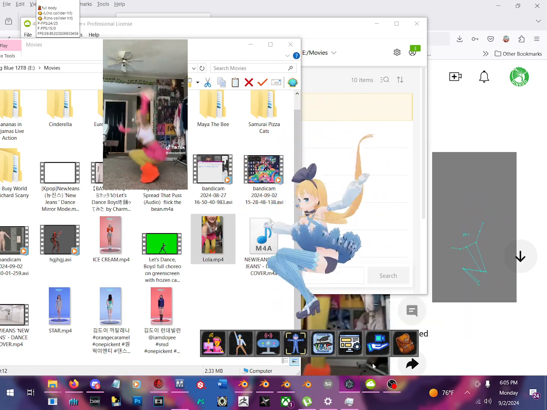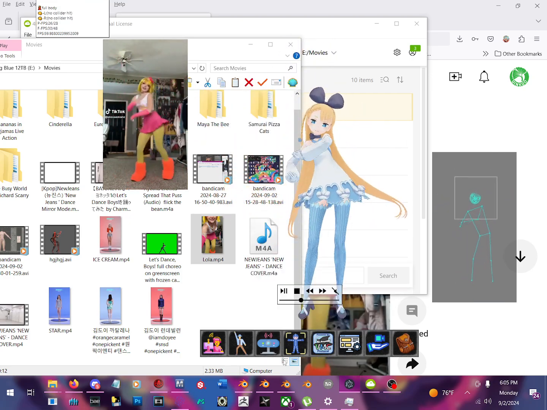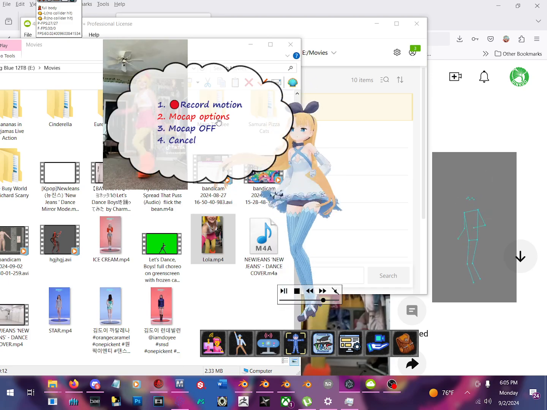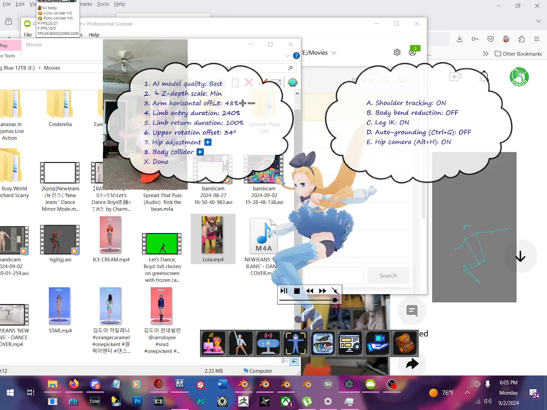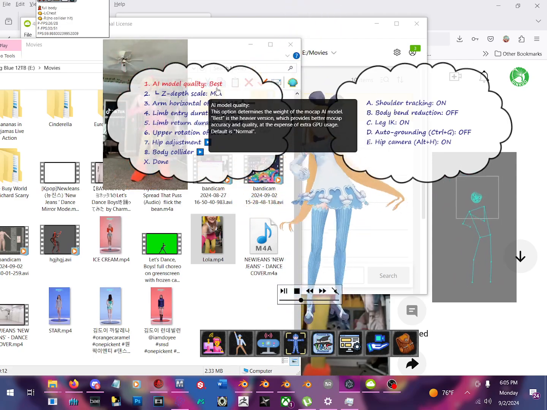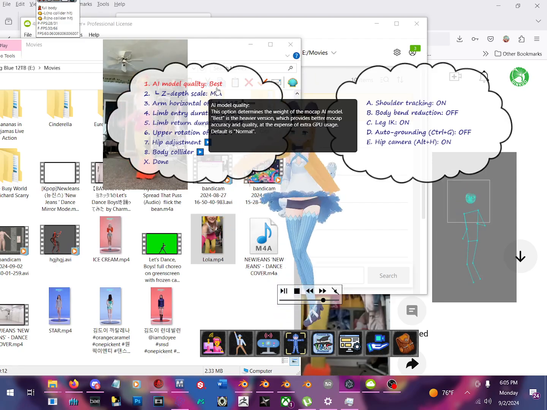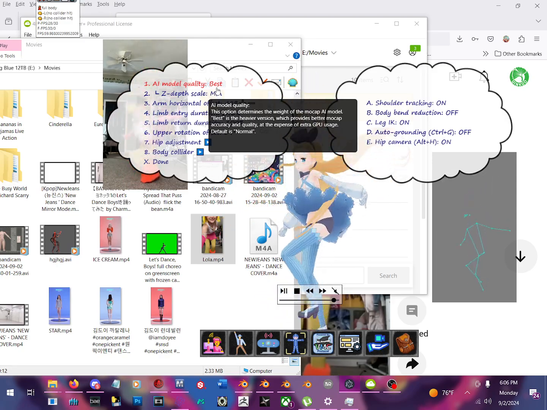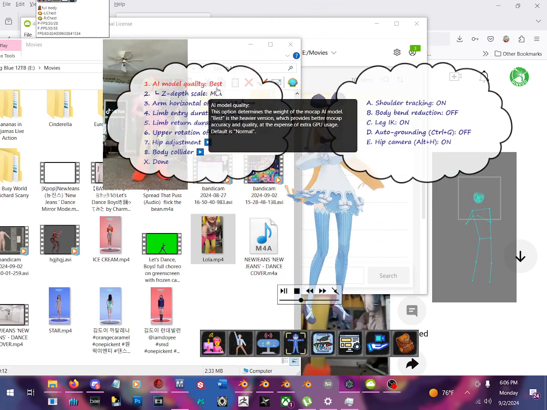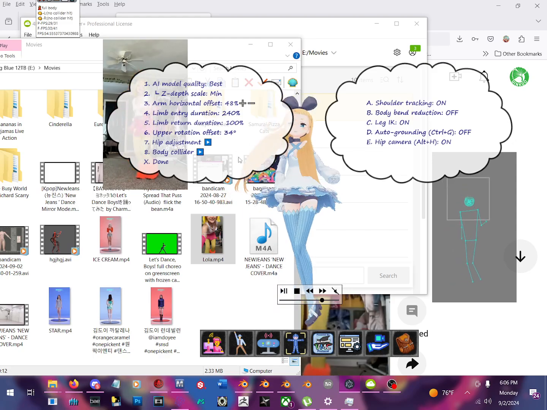Now, one thing that you most definitely need to do is set up how well the AI is. By default, let me see, where would that be? Right here. So I'm going to click on Mega Man again, and we're going to go to mocap options, and it's going to have body tracking options. Now, the AI model that I have set up, the AI quality, is on best. And it gives you the explanation that it determines the weight of the mocap AI. Best is the heavier version, which provides a better mocap accuracy and quality at the expense of GPU usage, which I just said. By default, it is set to normal,